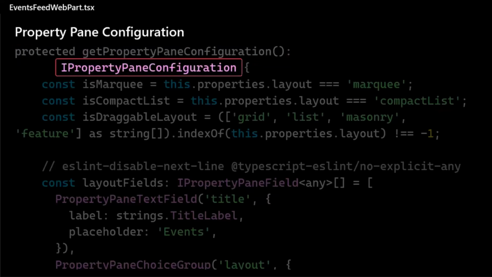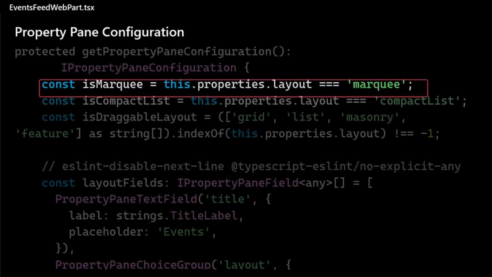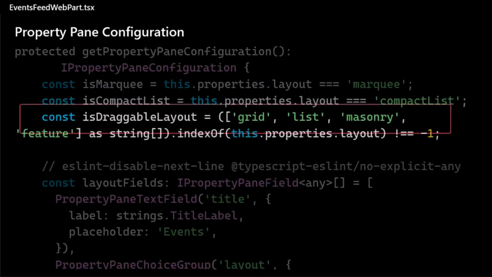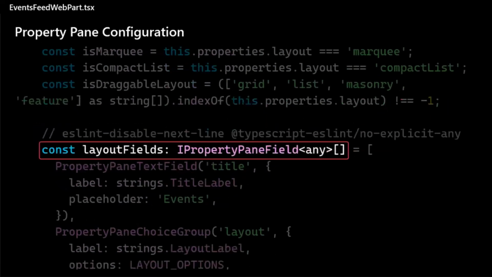And what it does is it returns an IPropertyPaneConfiguration. And so we can actually play with that. One of the things that we're able to do is build all sorts of logic, like, is this a marquee? Is this a contact list? Is it a draggable layout? And if it is, then let's start populating the property fields depending on whether that mode is selected. So what we do is we build an array of property pane fields, and then we populate